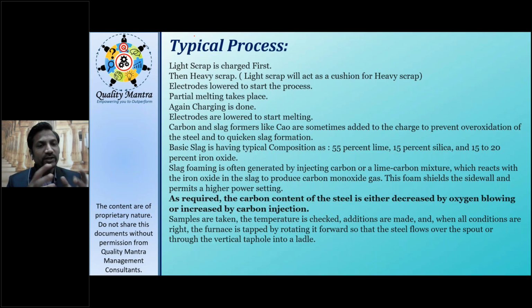प्रोसेस के लिए, पार्शियल मेल्टिंग होता है यहाँ पर, अगेन फिर चार्ज करते हैं, इट इज नॉट अ सिंगल चार्जिंग, है ना। अगेन स्क्रैप चार्ज करते हैं, फिर इलेक्ट्रोड लोअर करते हैं उसको मेल्ट करने के लिए, फिर मेल्टिंग होता है, सो कार्बन डाला जा सकता है और स्लैग फॉर्मर्स लाइक लाइन इट कैन बी एडेड समटाइम, आई एम सेइंग समटाइम, इट डिपेंड्स ऑन द प्रोसेस यू आर फॉलोइंग। if you are using 50% of the DRI or any iron ore pellets and 50% of the scrap, then definitely you have to add the slag formers and other things, carbon for the deoxidation reduction reaction, okay,